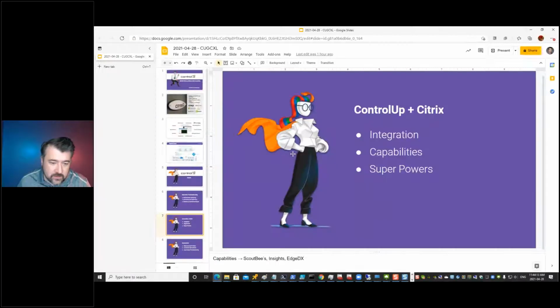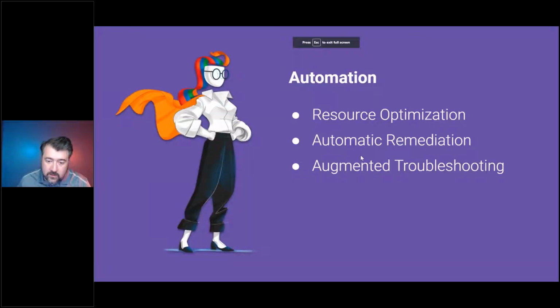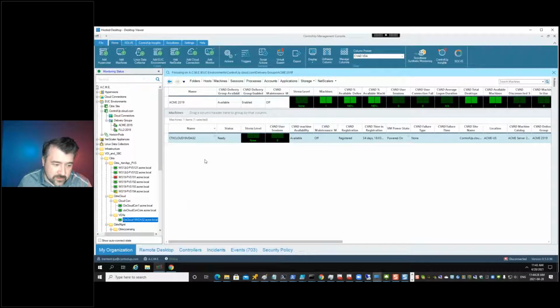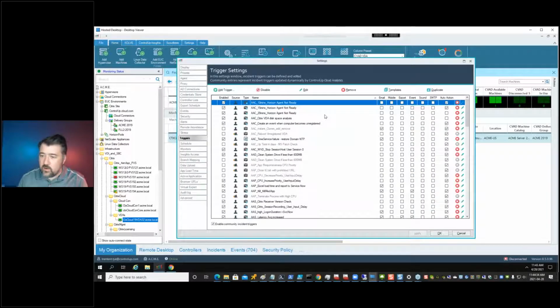All right, so now I'm just going to continue on. And we looked at automations, we looked at resource automation, we looked at augmented troubleshooting. I'll get into automatic remediation really quick, and then we'll hop into some of the new exciting features that we're offering here. So for automatic remediation, what we can do within ControlUp is, based on the columns that we have here,